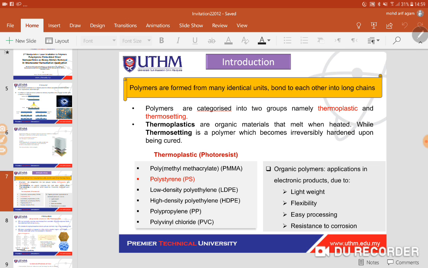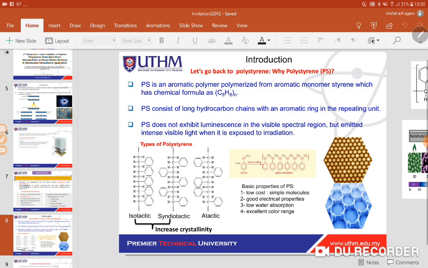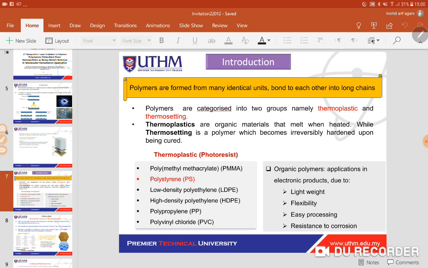So we have thermoplastics that can be called photoresist materials that react with photons. The most well known is polymethyl methacrylate, PMMA, or polystyrene, and then LDPE, and other types of